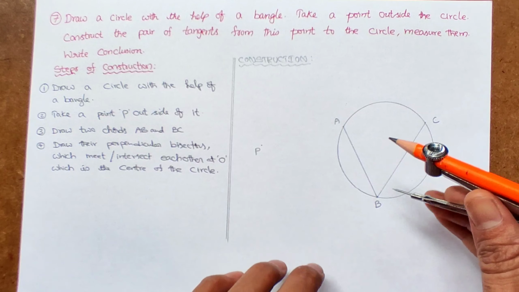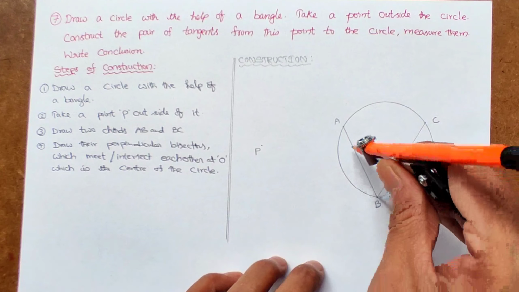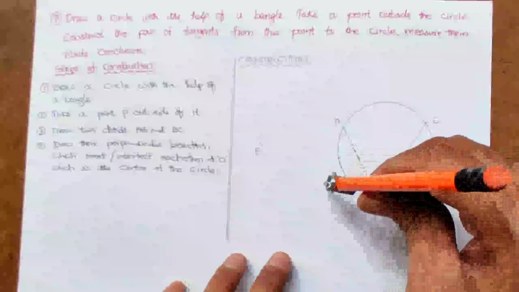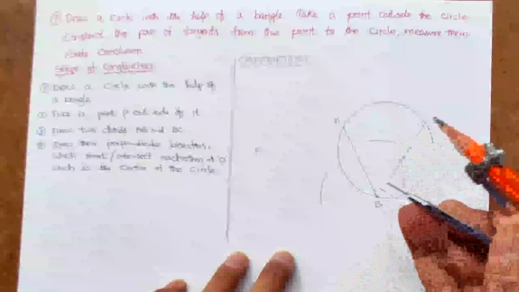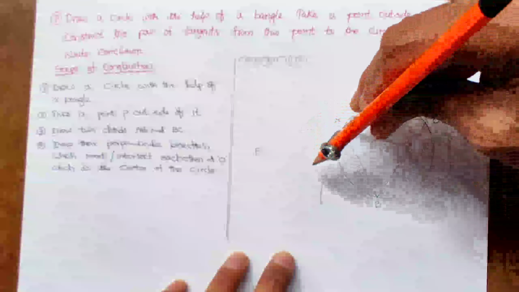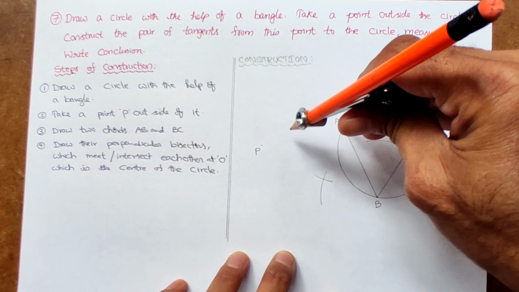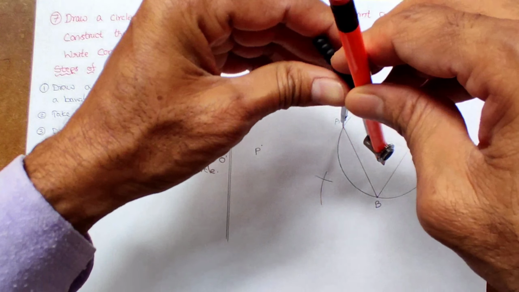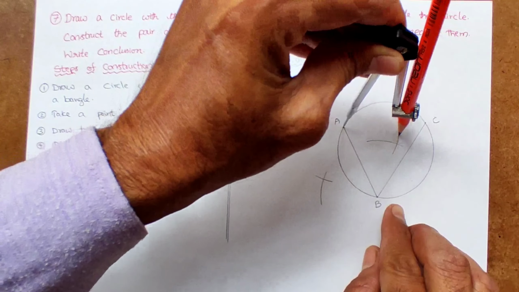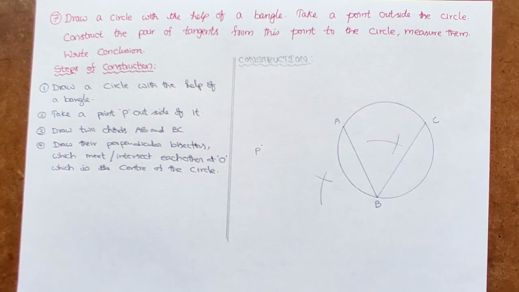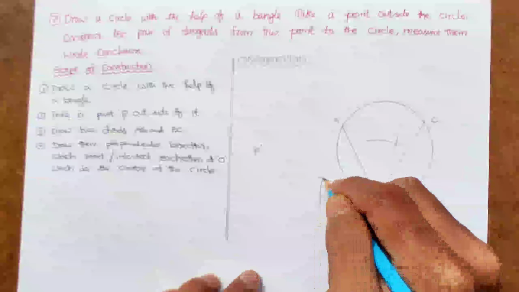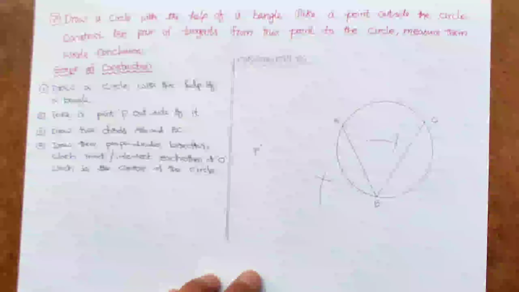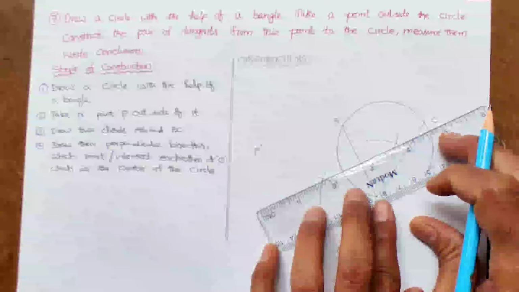First I am drawing for AB. Here I am taking B as center and radius more than half of AB. Here one draw below AB and one draw above AB. With the same radius, by taking A as center, I cut the previous arcs. This one and this one. So let us join these 2 points, this one and this one, so that we will get perpendicular bisector of the chord AB.